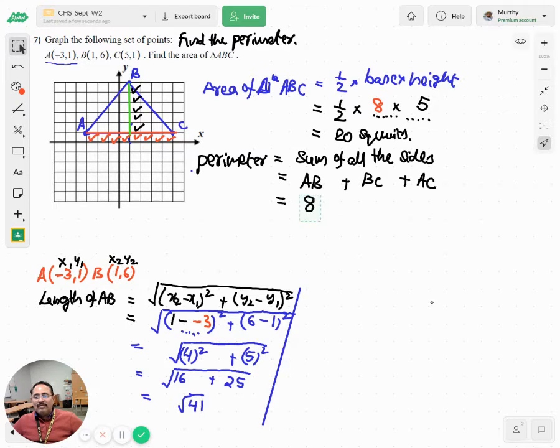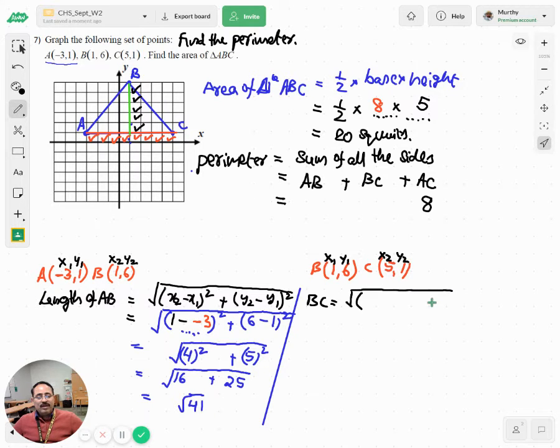Okay. Length of BC. So let me take point B. Point B is (1, 6). Please read the question. And point C is (5, 1). And let me label it as x1, y1, x2, y2. So length of BC I'm finding now, which is again, I like to write the formula every time, which is